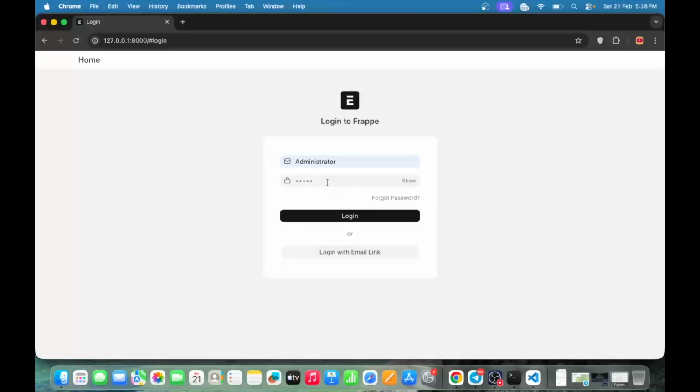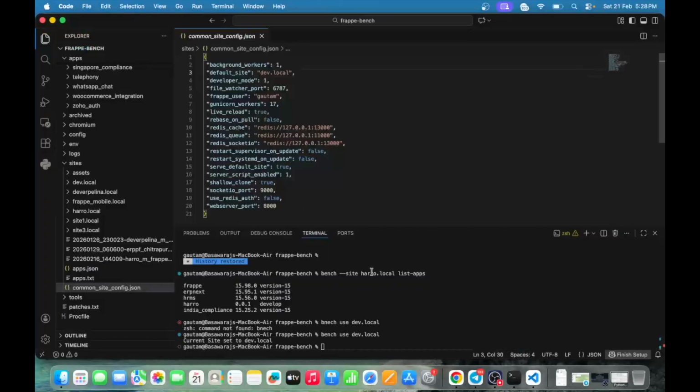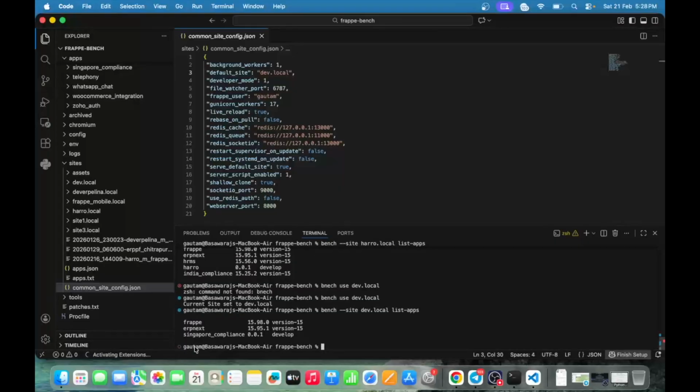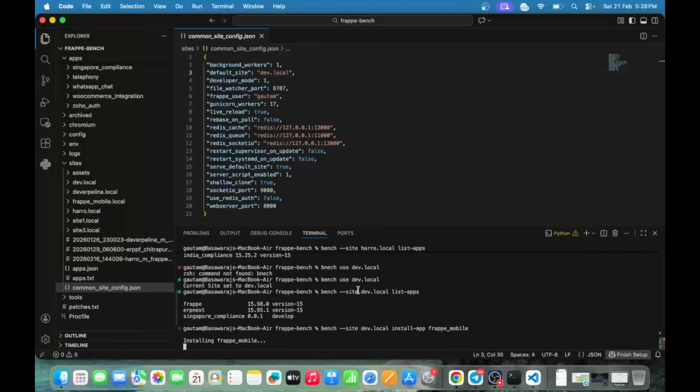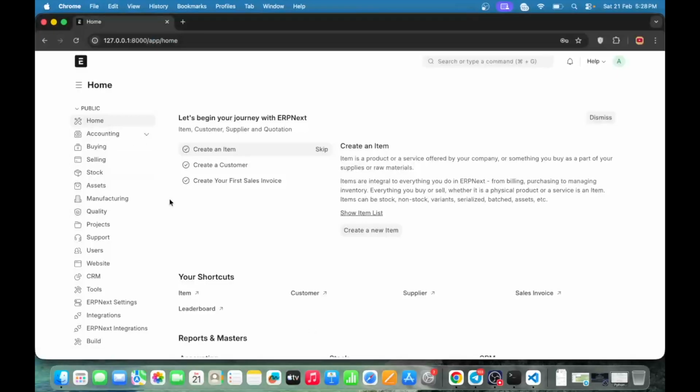Login. Okay, I think this Frappe mobile app is not installed on this site also. So let me check. The site name is dev.local. Yeah, only three apps are there. So first of all, I will install this Frappe mobile on this site. Just, okay, it has already been installed. So now if I refresh it,